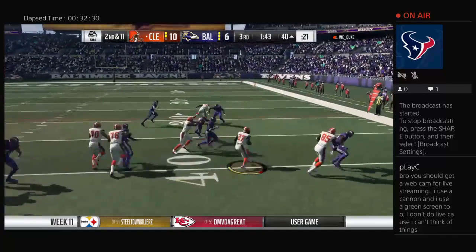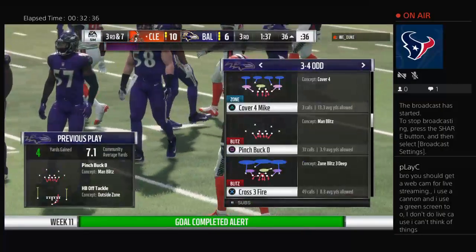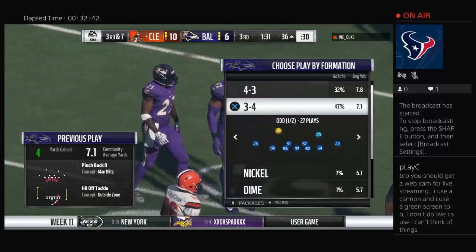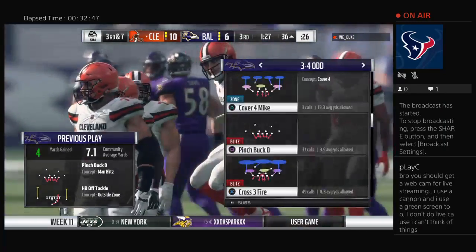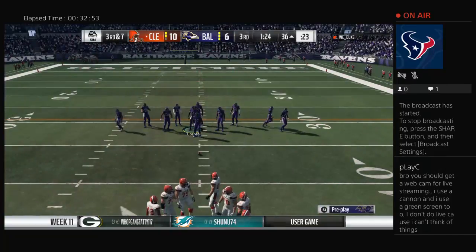Now a carry for Blunt. He'll wind up getting 4 down to the 36. On a second and long, it's really nice to see an offense that has enough confidence to run the football in that situation. I think that goes back to their practice and game planning. They've seen things on tape and in previous games that led them to believe that even in a long-distance situation, they can still run the football and gain enough yardage to put themselves in a good spot